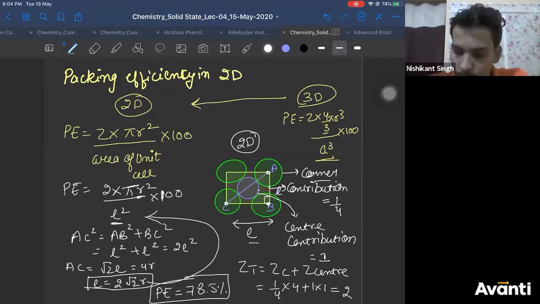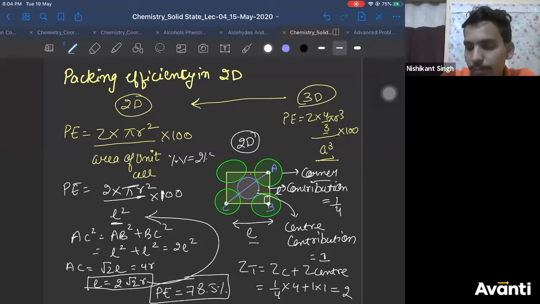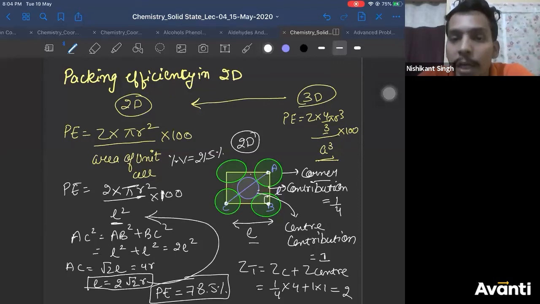Understand that? Yes, percentage void is there. You can find percentage void. So this is your void. This is your void. This is your void. So percentage void here will be 21.5%. Okay. I hope this is clear. Go through the derivation again. If you have any doubts, I'm giving you a window of 5 seconds to ask. I'm going to give one homework and move to the next problem.